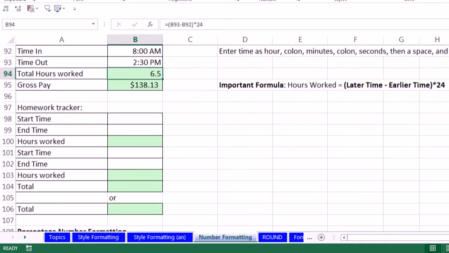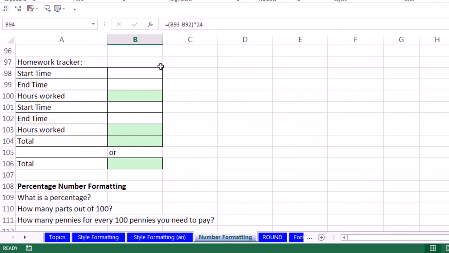All right, let's come down here. Let's say we want to have a homework tracker. So we started work at 8:30 space a.m. Enter. And we stop working at 11:00 a.m. Oh, I messed up, so no problem. Now when I come back in the cell, I'm going to put an extra 1 there. All right, so now we do subtraction. Equals, I'm going to be smart and do in parentheses, the later time minus the earlier time, close parentheses,